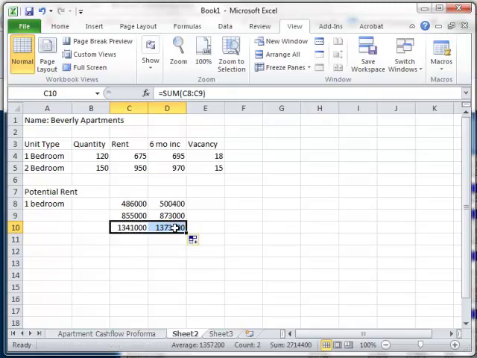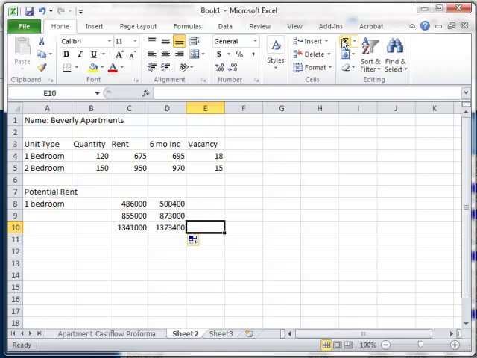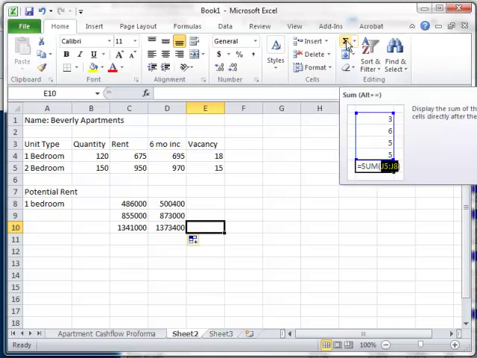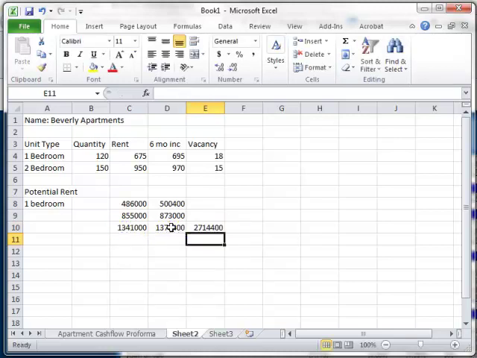Now I have the rent for my second 6 months, and I can also use this button right here, which is my sum function. I click that and it automatically tries to guess what I wanted to add up, and I add up these two cells there. So what I have is rent for the full year, scheduled rent of